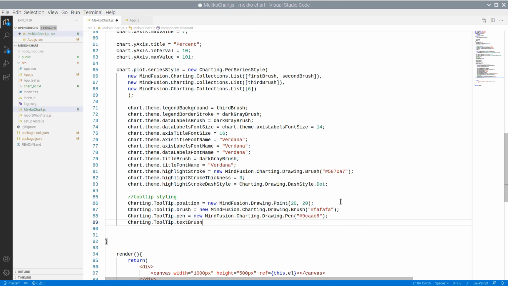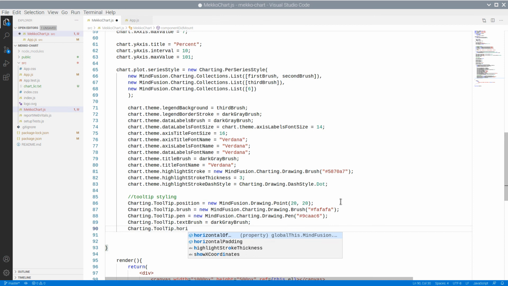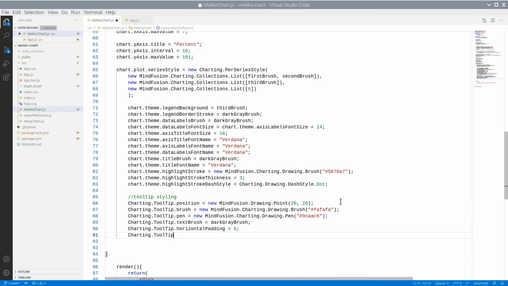The text brush is our dark gray brush. We also specify horizontal and vertical padding. They will give space to the text and make the tooltip easy to read. Finally, the font.